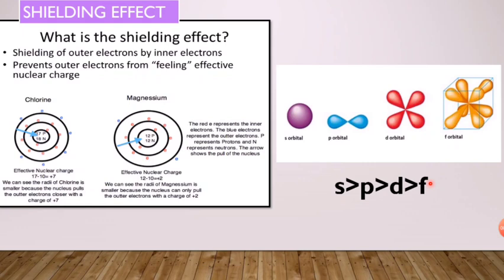shielding effect. But as s orbital is closer to the nucleus, we know that in an atom it contains a one. For example, if you are considering the configuration of carbon, it will be 1s2 2s2 2p2, right? And in that way the electrons are arranged according to s, p, d, and f. So we can say that the s orbital lies closer to the nucleus. Therefore the shielding effect of s orbital is very high compared to p, d, and f.